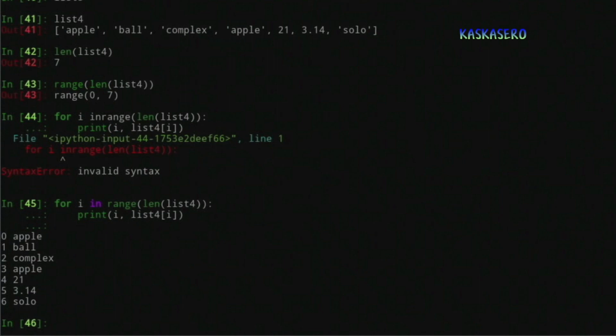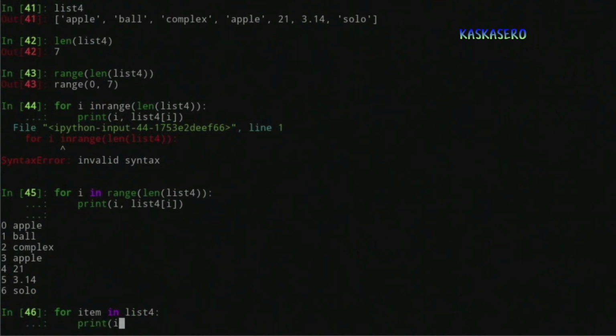If you come from other programming languages, this might look a little familiar, especially in C, C++. This is one way you can iterate through a list, but it's not the only way in Python, nor is it even the desired way. So let's look at a different way we can go through a list. Again, we need to use the for loop, but in this case, we change the variable holder, in this case calling it item. And instead of using the range, we use the list directly. So we say for item in list 4, and we simply want to print